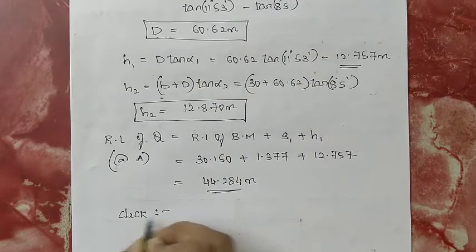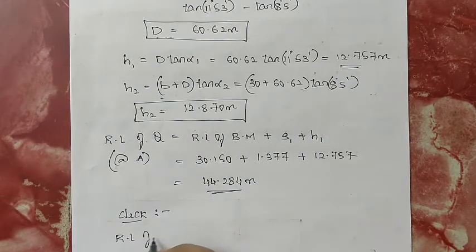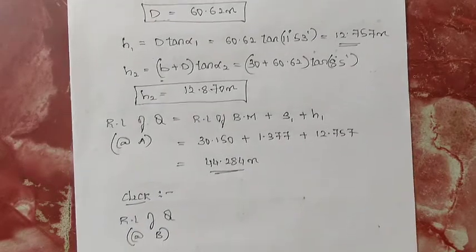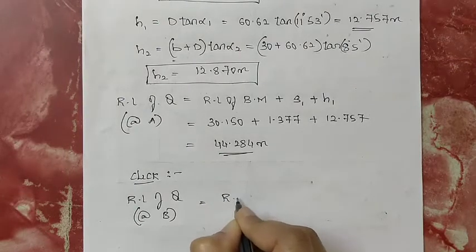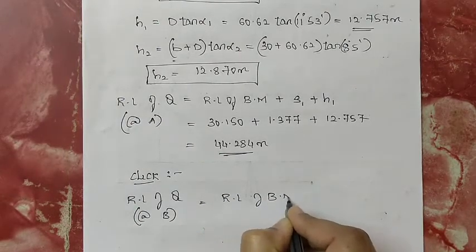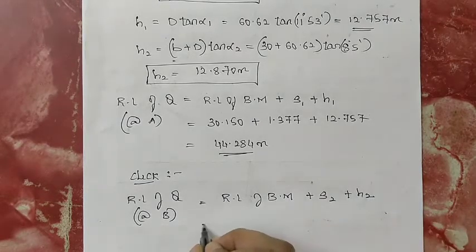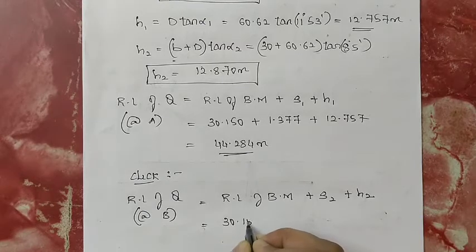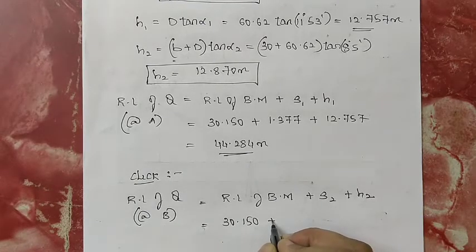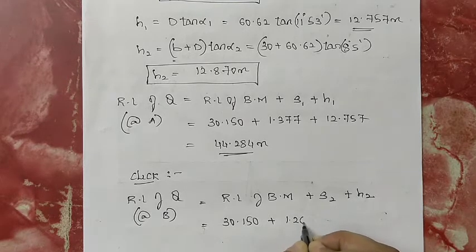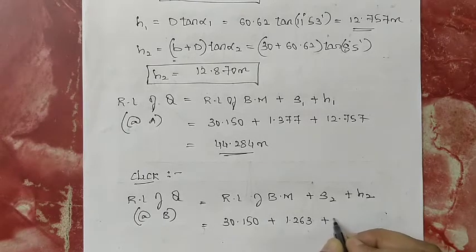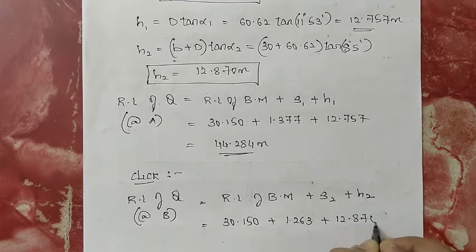When the instrument is at B, calculate RL of Q, that is RL of benchmark plus S2 plus H2, that will be equal to RL of benchmark 30.150 plus S2 value 1.263 plus H2 value 12.870. Then RL of Q you will get as